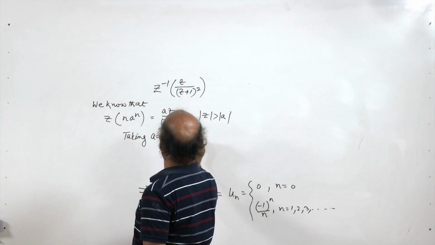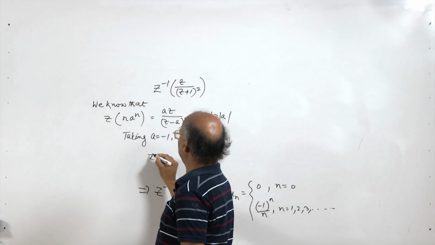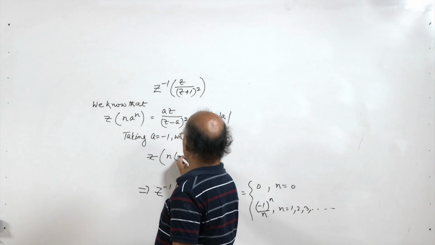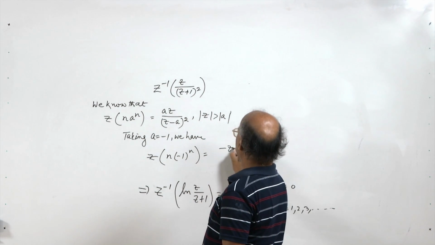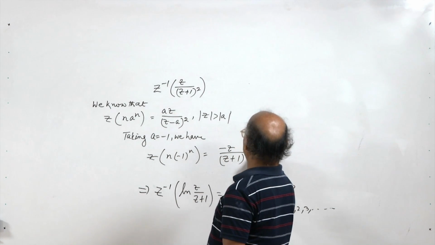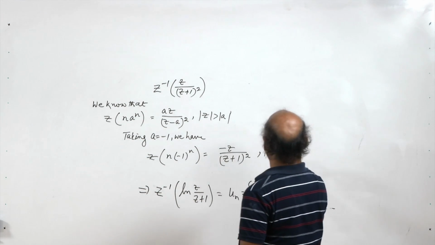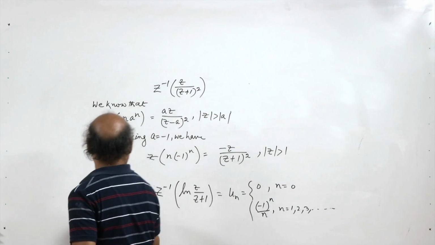we have the z transform of n times minus 1 to the power n equal to minus z divided by z plus 1 whole square, provided mod of z is greater than mod of minus 1, which is 1. And this gives us the inverse z transform of